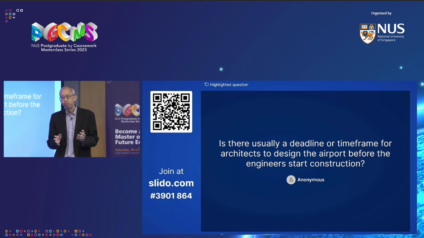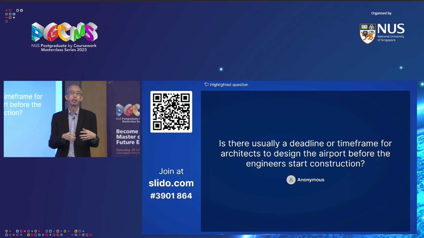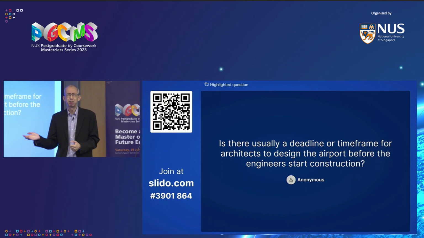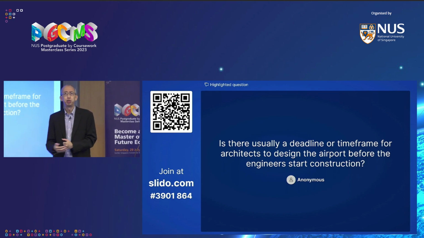So there isn't really a deadline. The master plan definitely must be fixed before you can do construction. But for each individual building, once you have designated a general area for it, you don't have to start the design until you really need the building. For example, T5, they are now only doing the design, but construction will take quite a while, and we will have achieved three runway operation by then already.